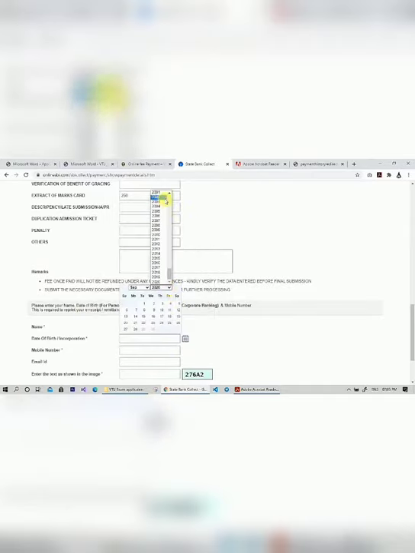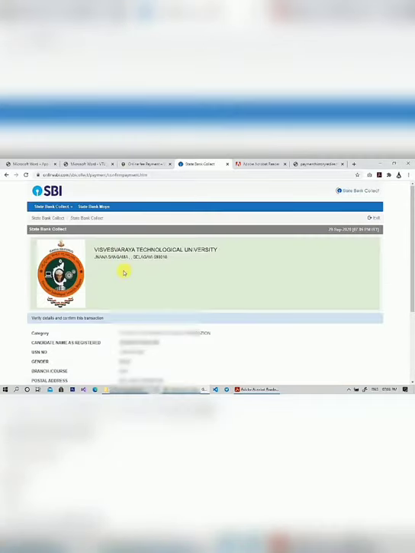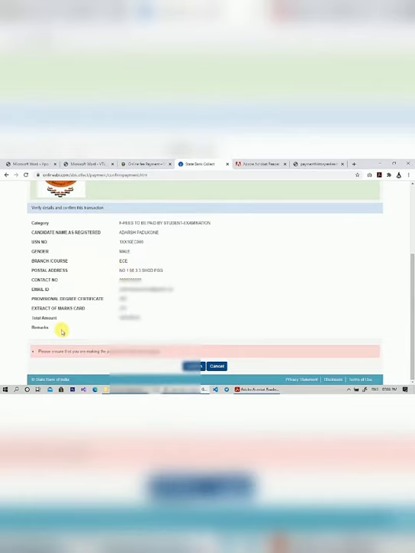You just pay 250 for 8 SEM mass card and mention both 7th and 8th semester mass card in the application. And next you have to fill your name and your date of birth and mobile number and email ID in this form, and also enter the character given there in that captcha box. Then click on submit. When this page appears, verify all the details and then click on confirm to make the payment. It will take you to payment page.